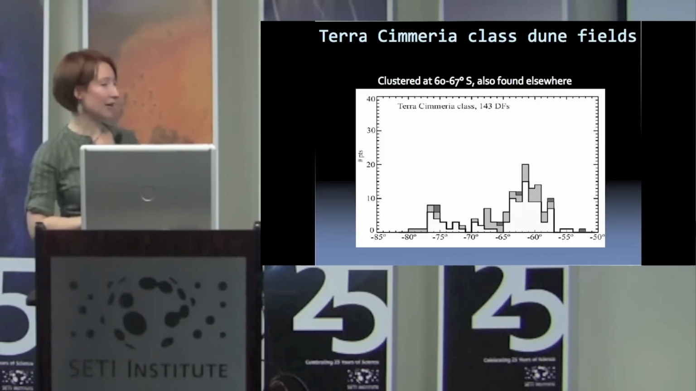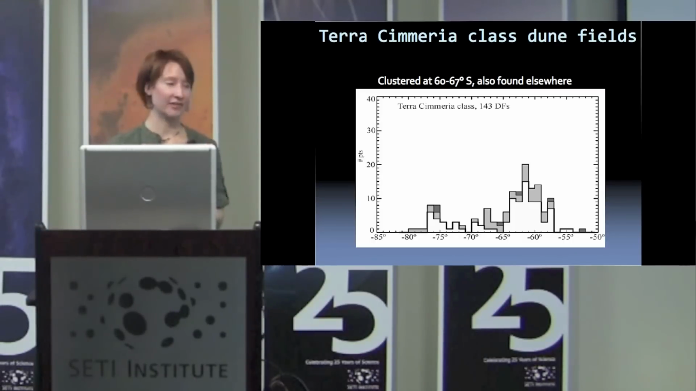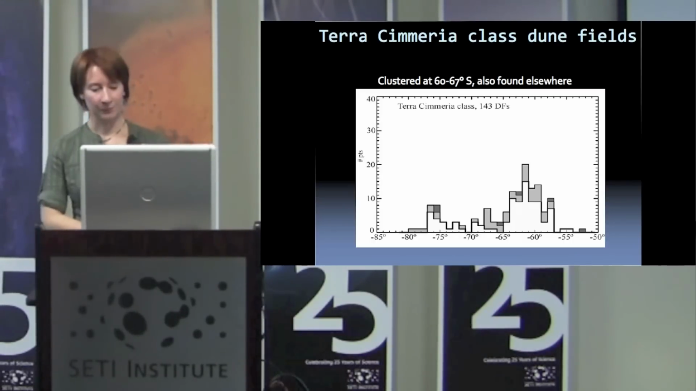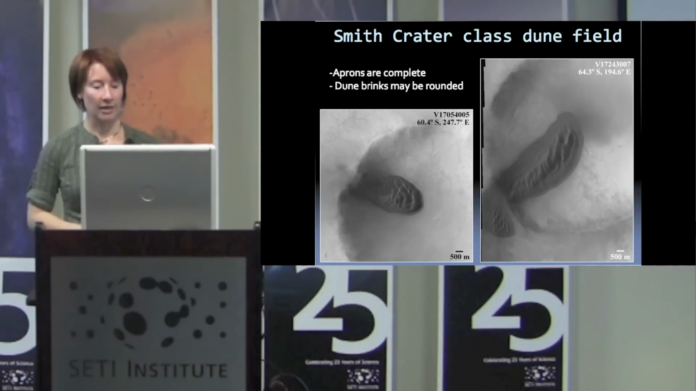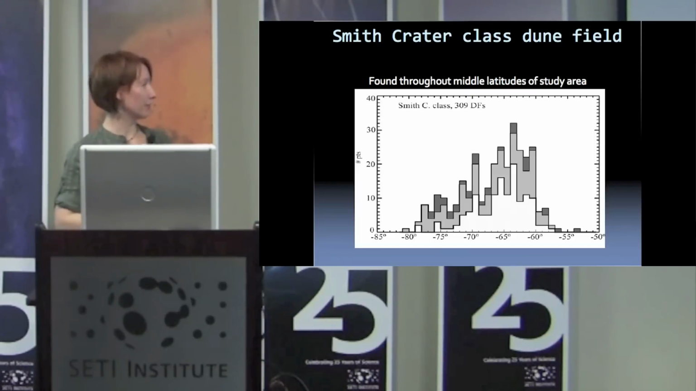There's a cluster at higher latitudes that I wish I had time to talk about because that's very interesting too. So here's the next class. These have very well-developed aprons that surround the entire dune field, and the dunes start to look softer, more eroded. So again, we're seeing a sequence of degradation here. And when we plot up where we see these dune fields, they're right smack in the center latitudes of our